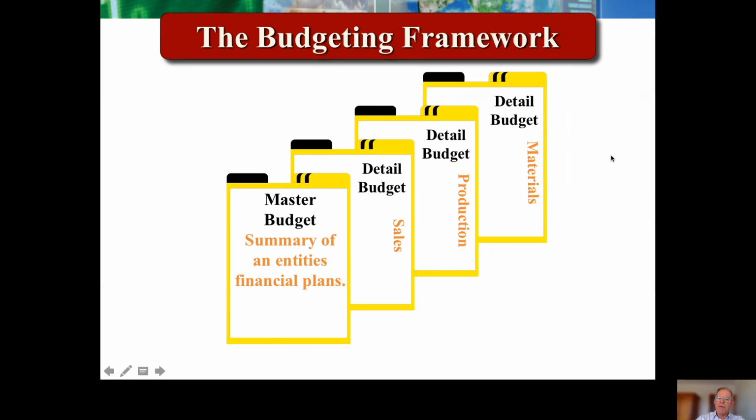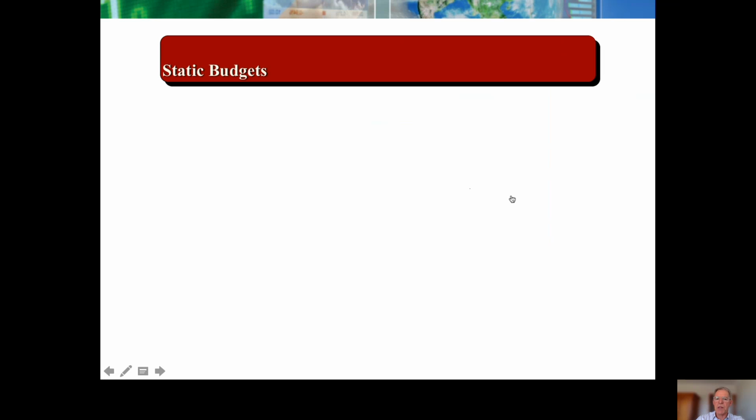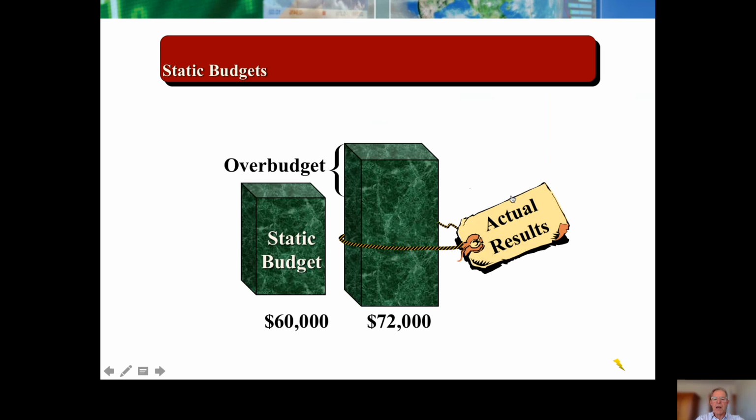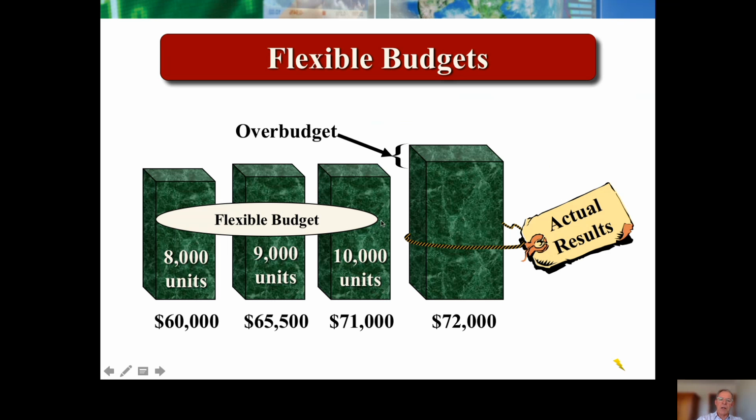So we would have these detailed budgets feeding into our master budget. So sales, we'll start with sales, then move to production and materials. We'll see that happen in the next few slides. The static budget is where we have just a set volume, and here we're exceeding the budget perhaps. Flexible budget, we might have a few what-if scenarios. Let's set the budget at different levels of activity and compare how we go against those.